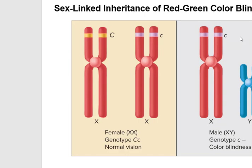And one of them is red-green colorblindness. So my father was red-green colorblind, and when he gave me the gene, he could have given me his X chromosome, which would make me a girl, and that's what he did. Or he could have given me his Y chromosome, and then I would have been a boy. So it's the dad who determines the sex of the baby. Well, in my father's case, since he gave me the X chromosome, I knew for a fact that I had the gene for colorblindness on one of my X chromosomes. Since my mother was not colorblind and I was not colorblind, I knew that my mother did not give me